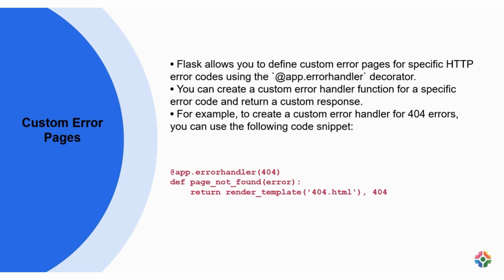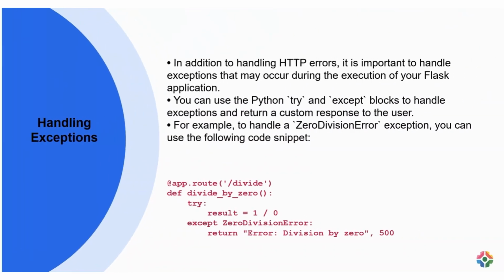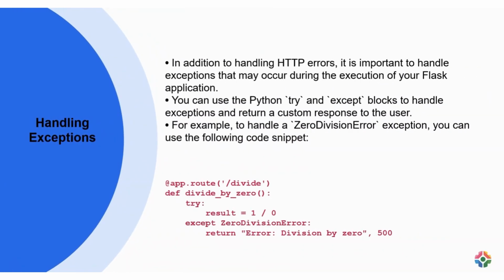@app.errorhandler(404) defines the error handler function page_not_found. Within this handler, a customized response is generated by returning the rendered template 404.html along with the HTTP status code 404. In a Flask application, aside from managing HTTP errors, it is crucial to handle exceptions that might arise during